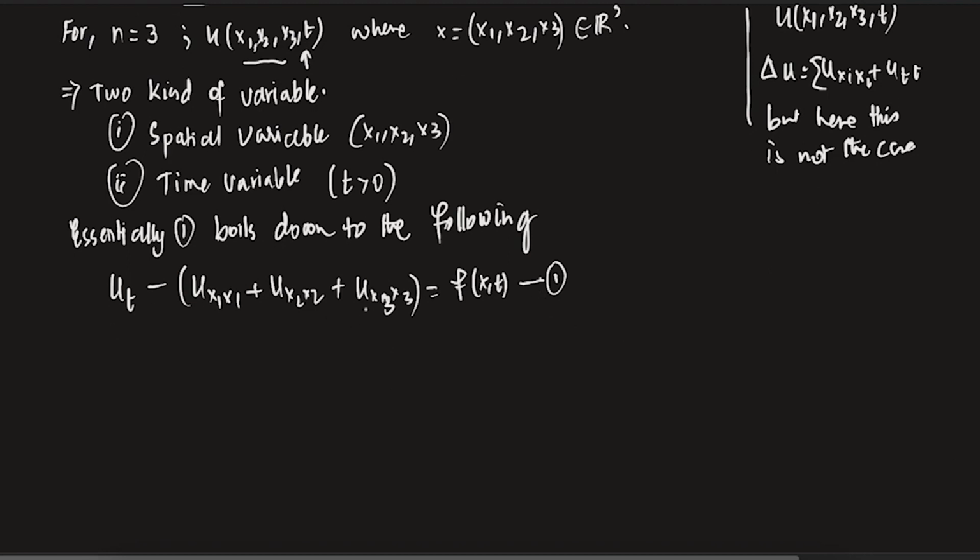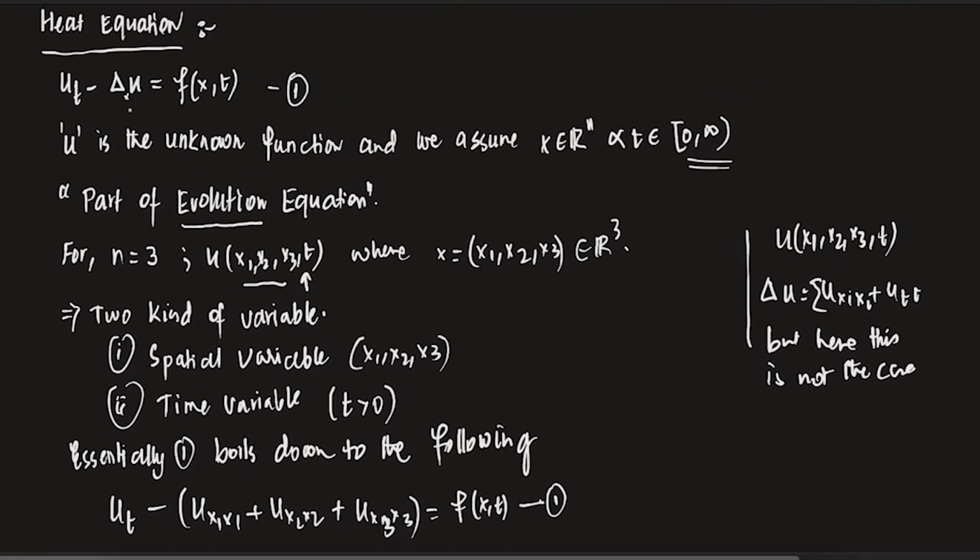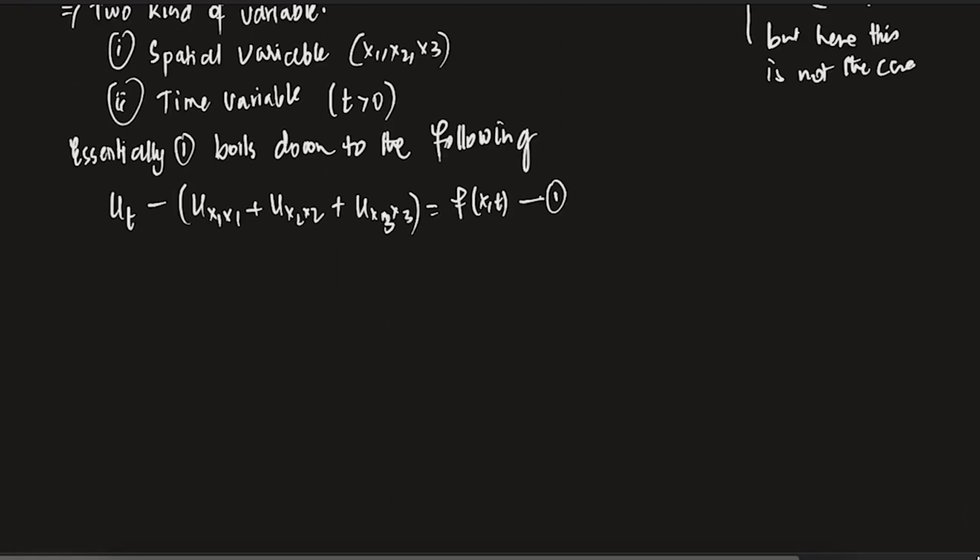Of course, if you're taking x to be in R^n, then it will go on to u_xn, right? And then u_x3 plus dot dot u_xn. It will go on like this. So in any of these cases, what is changing essentially is this x, which can be in R1, R2, R3, R^n. But the time variable is always between 0 and infinity. There is a small notation which you are going to use, just a nomenclature.